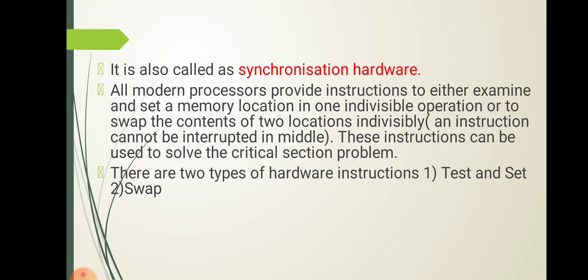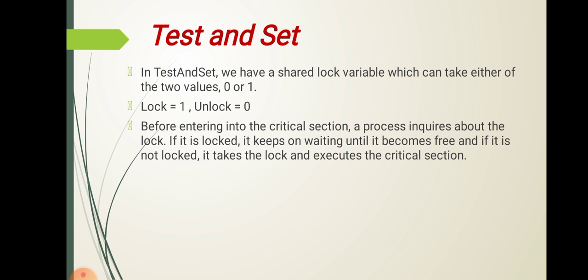Okay. So in modern computer systems, these special hardware instructions allow us to test and set, where set means we can modify things atomically, that is, we cannot interrupt in the middle. Now we are going to study two types of hardware instructions: test and set is one instruction, and the second is the swap instruction. So let us see the test and set instruction. As the name itself indicates, here we first test and later we set certain values.